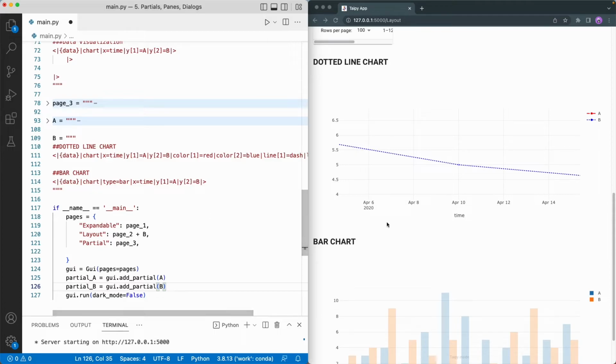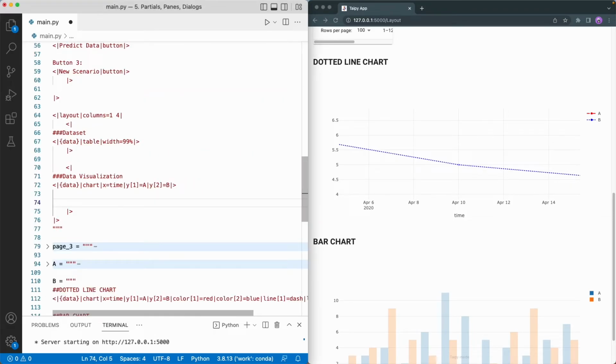We have now used the expandable and panes as our container for partials, so now I will introduce you to dialogues. Dialogues are forms that can be displayed on top of the page that the user is looking at. It is especially useful to showcase a performance chart or prompt the user for inputs. We have implemented dialogues such that it is very customizable. Just like any other TypePy visual element, you can specify the width, height, visibility, labels, or trigger an action when the dialog is modified. Here's the general syntax of adding a dialog.